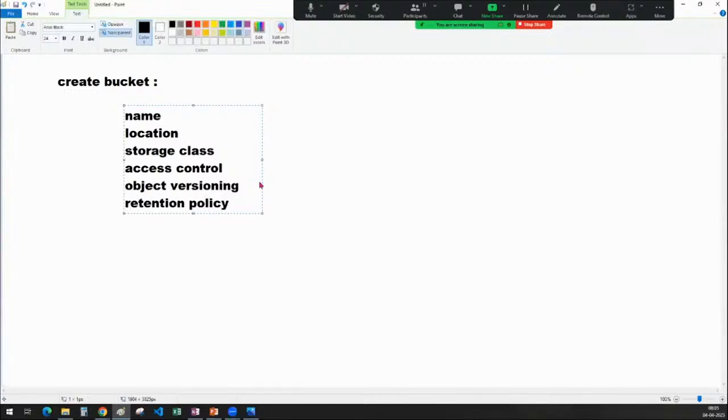Tomorrow we will see all of these concepts while we are creating a bucket,